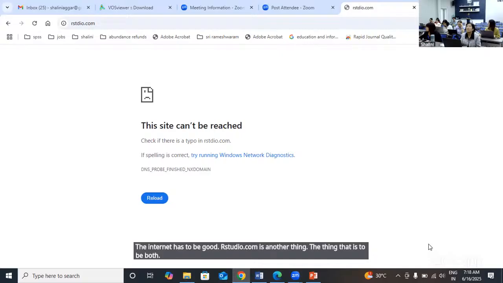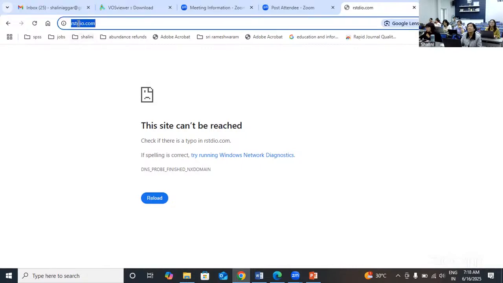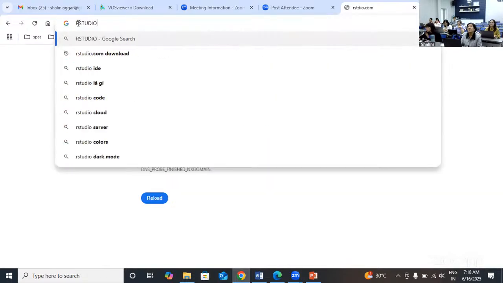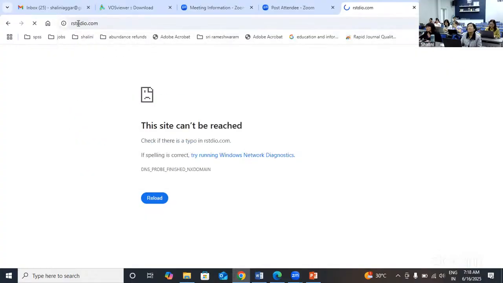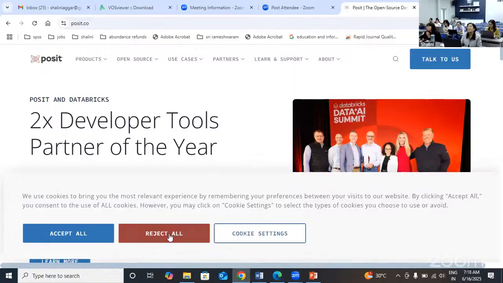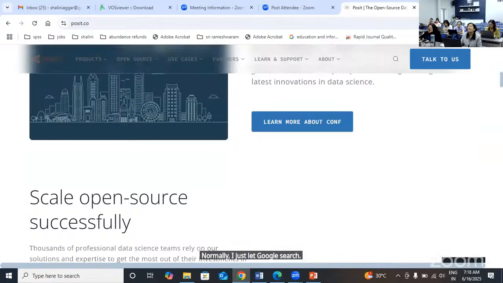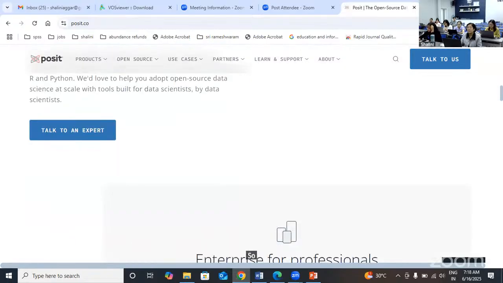Studio is missing a letter. Spelling error. Studio. Normally I just let Google search. Like I put RStudio and let Google come up. So what you will be doing is,